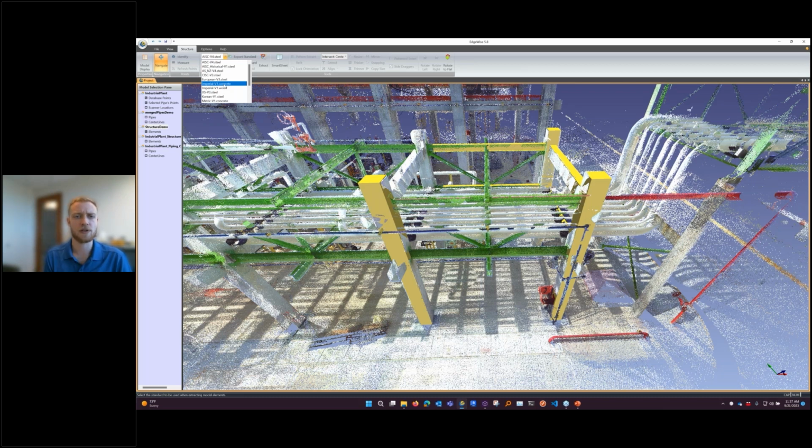So we try to fill that out as much as possible. There are going to be some gaps, and we'll see those when we actually look through the model here. But in this case, this is an American plant, so we'll leave it as the AISC steel for right now. Now, to actually create a